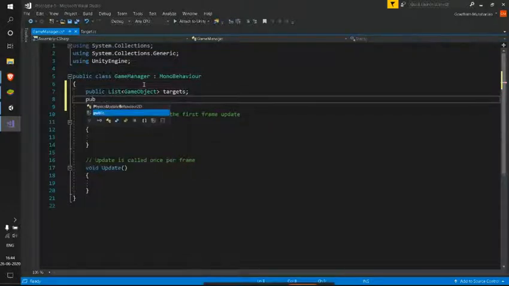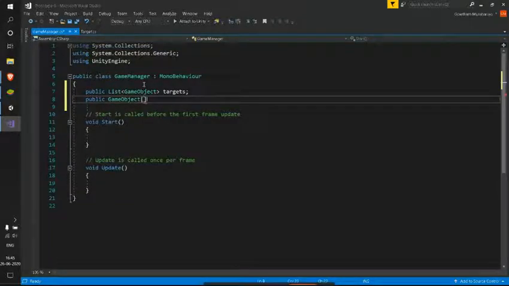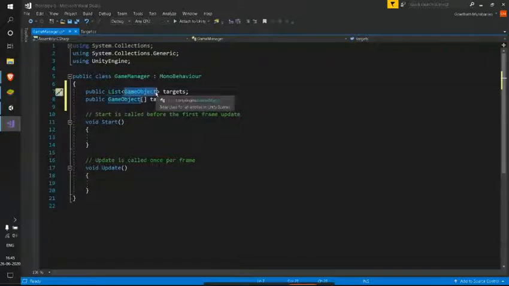Whereas if we want to create an array, we'll be giving GameObject, which is the data type, and we'll be using these square brackets to represent that this is a particular target array. Whereas this is a list, and we are saying we need a list and the list must contain game objects. So it's pretty simple stuff.